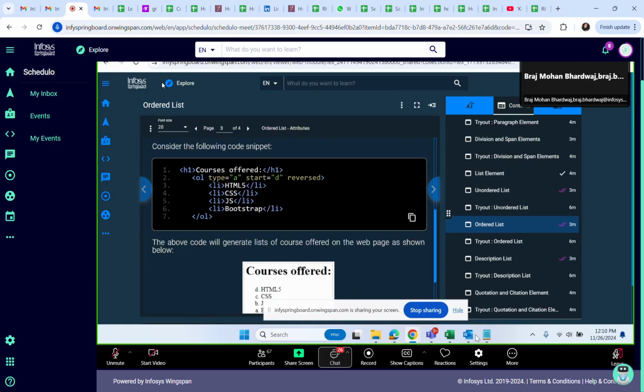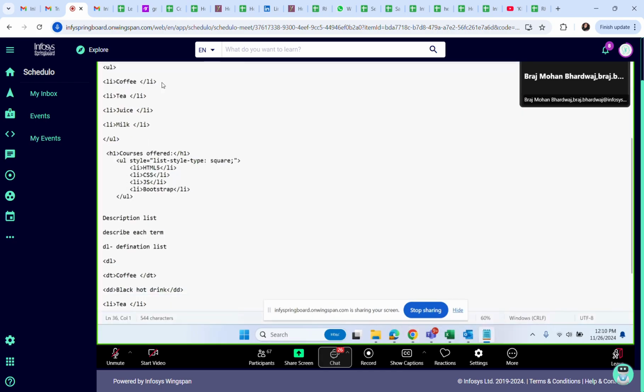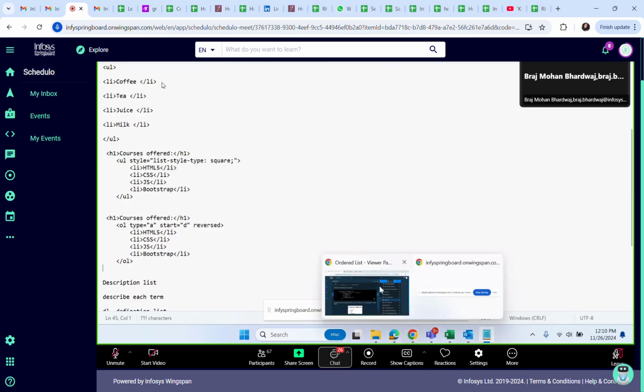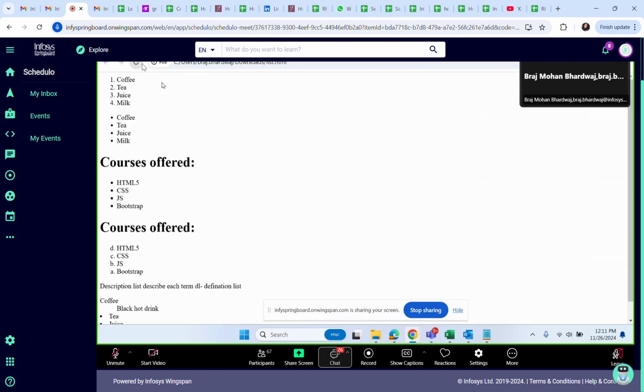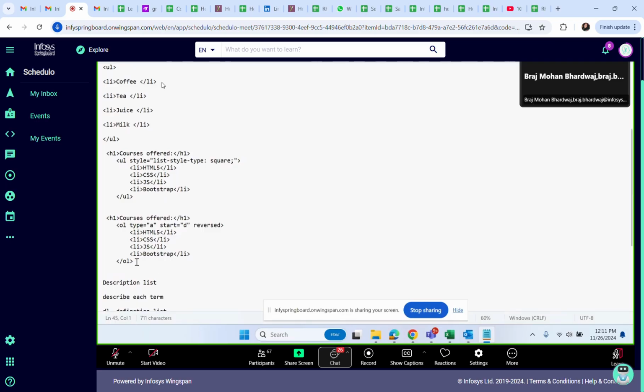I'll copy this. Yeah, let me go back. So this is the code which is copied. It is in reverse order. Now I want to change it to a capital ABCD. So I'll just do that, and I'll remove this start and reversed.